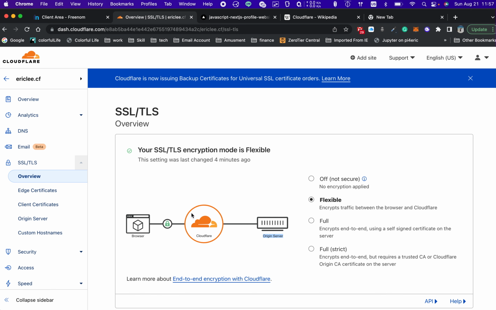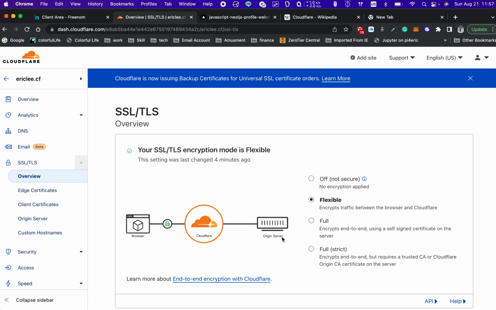Cloudflare now is just working as a reverse proxy server for us to handle all the requests from the user browser, and then it will just forward the request to our origin server. So now let's say we don't have our